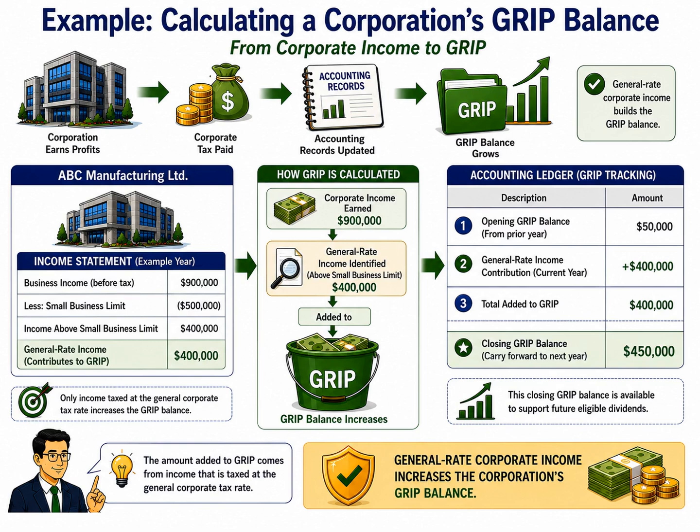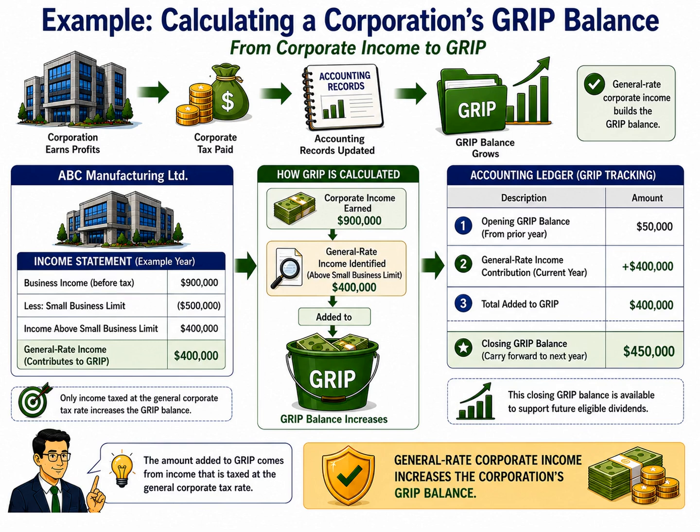Imagine a corporation called ABC Manufacturing Ltd. During the year, the corporation earns $900,000 of active business income before tax. Under the small business deduction rules, the first $500,000 of active business income qualifies for the lower small business corporate tax rate. This portion does not contribute to the corporation's GRIP balance because it has already benefited from the lower